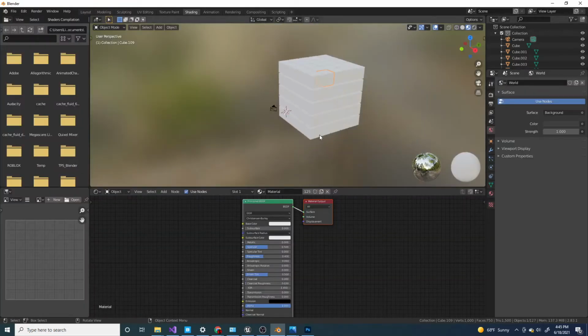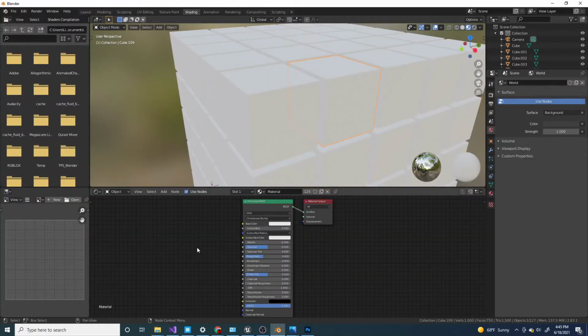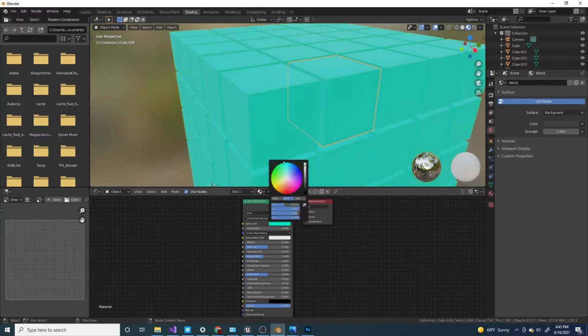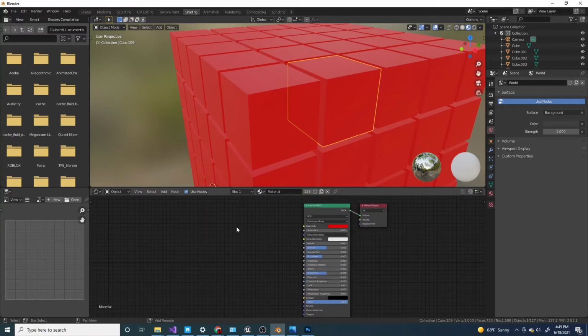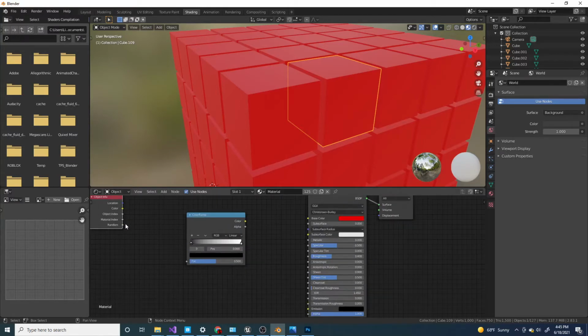With one of them selected, I'm gonna press Shift A, or actually I could change the base color on one of these. I would change it on all of them because they're all instances of one of these. So I'm gonna press Shift A and search for color ramp, and I'm gonna turn off caps lock. I don't like it. And I'm also gonna press Shift A, and I think it's object info,